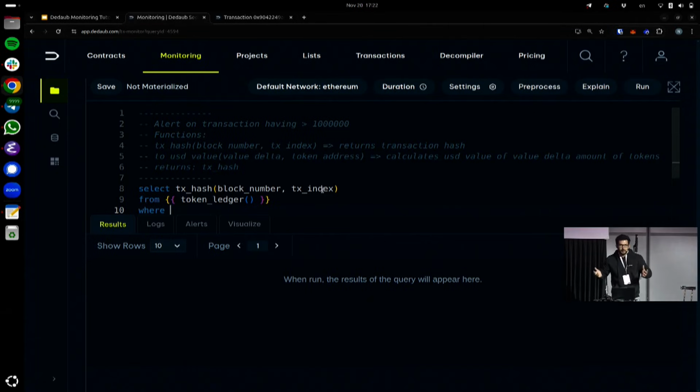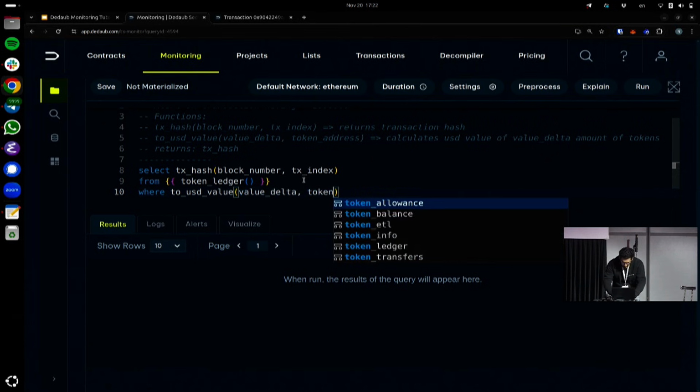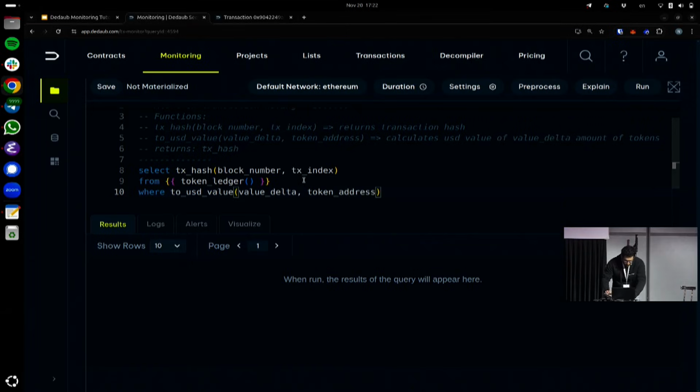that the transfer is bigger than $10 million. I'm going to start with $1 million so that we can see this in real time. Since the prices of cryptocurrencies change all the time, we need a way to turn the token amount into a US dollar price for this to be relevant, and there's a function which does this, toUSDValue, which takes the amount of value that has been transferred, and if you know the token address, it will do the conversion for you. Okay, so I'm going to save the query, and I'm going to run it just to